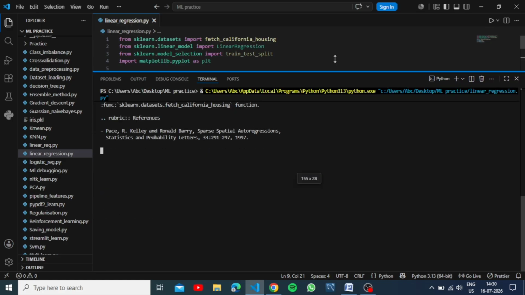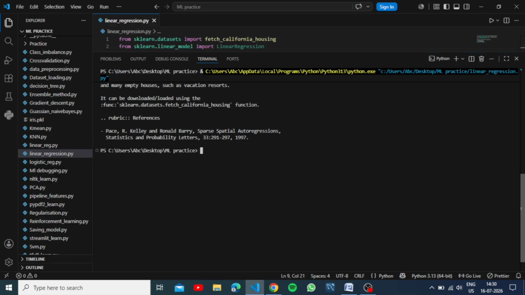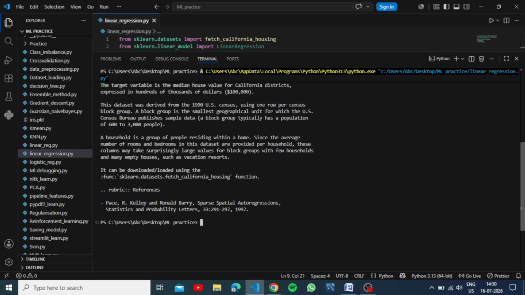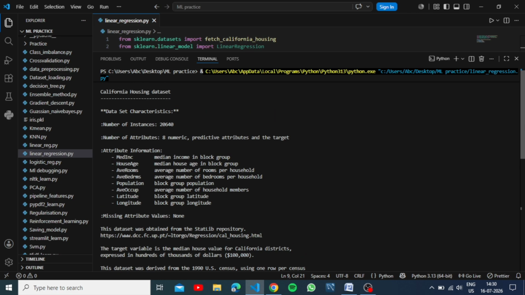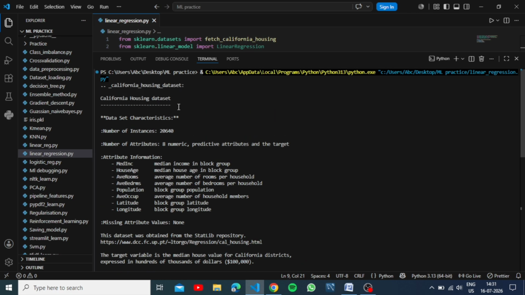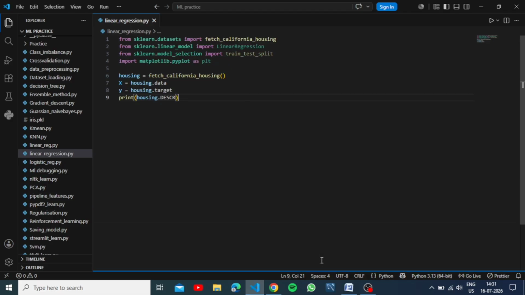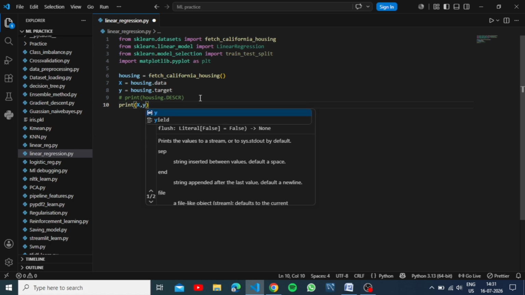So with that being printed in the terminal, I will expand it so that we can see it clearly. So there is a description of the dataset. It contains 2 lakh something training examples, and 8 columns like house age, average rooms, average bedrooms, population, etc., which are our feature variables, and y is the price, or the target variable. Now I will comment that out since it takes a lot longer time to load,